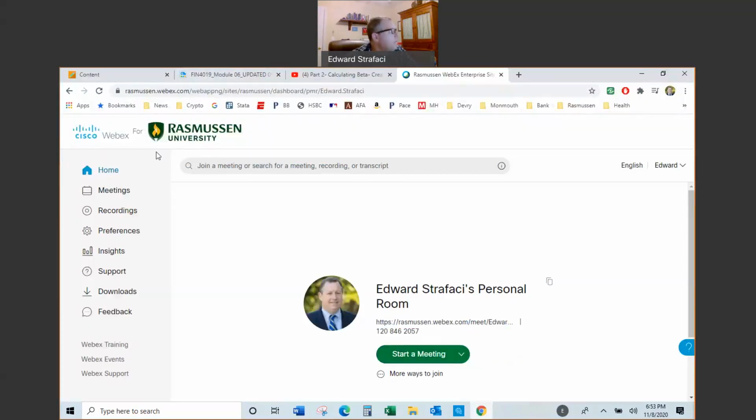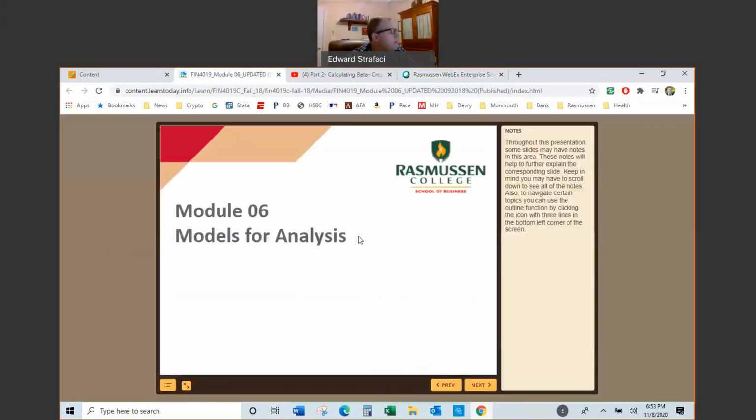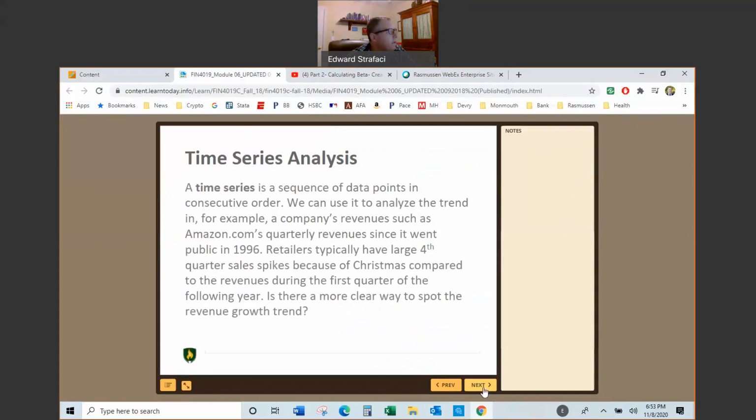These are models for analysis. And when we look at a stock's price, we look at it through time series analysis, right? And time series analysis could be used for company earnings, it could be used in a number of ways. But when you look at a stock, time series is particularly useful because on the x-axis,